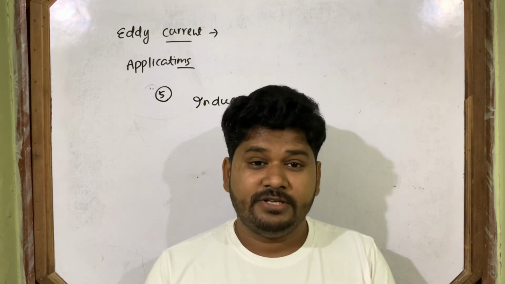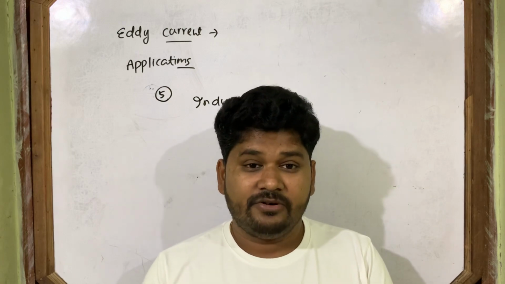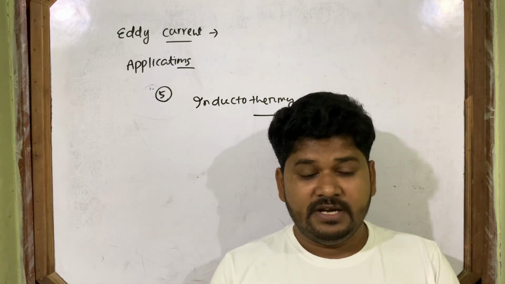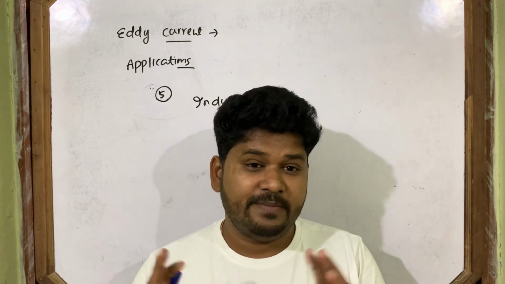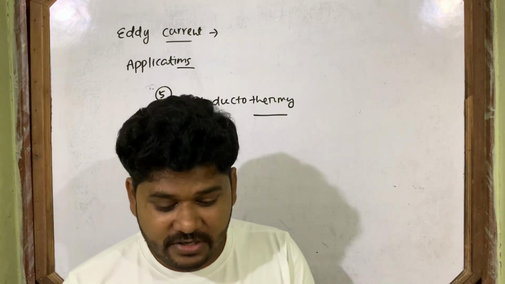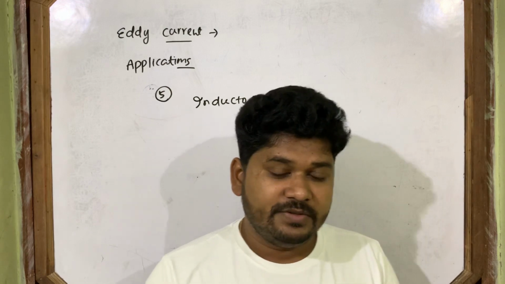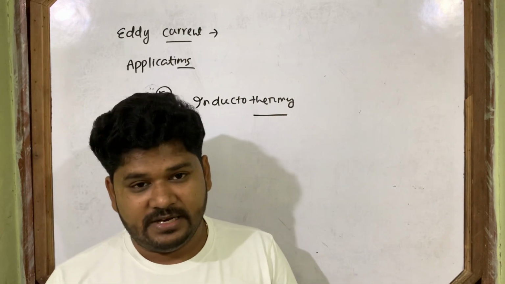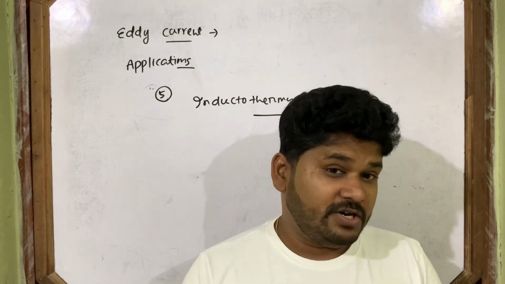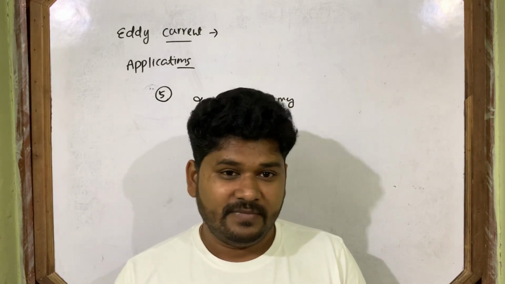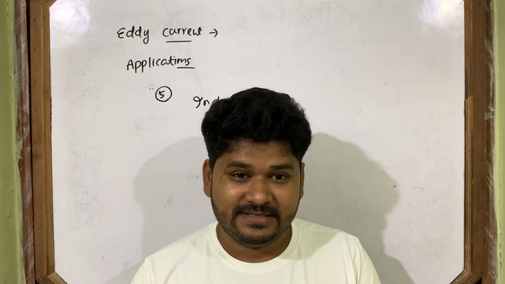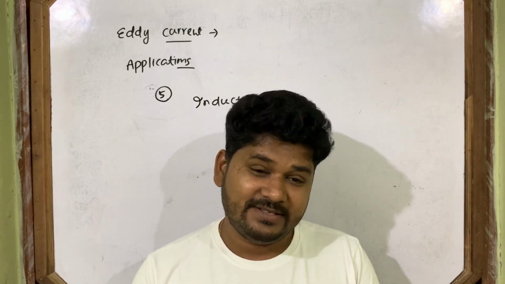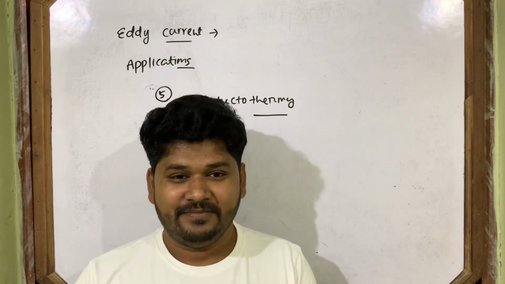Also the galvanometer is called deadbeat type because electromagnetic damping happens, and also in medical science. It has a lot of uses. There are many other applications of eddy current you can go through. It has a lot of advantages. Does it have any disadvantages? Yes, it also has some disadvantages.